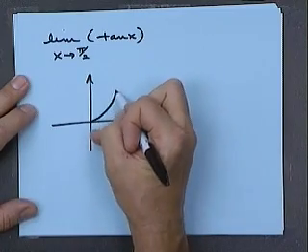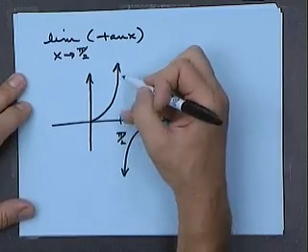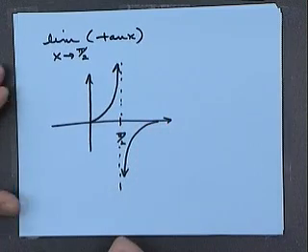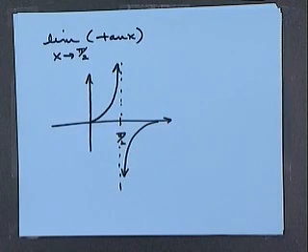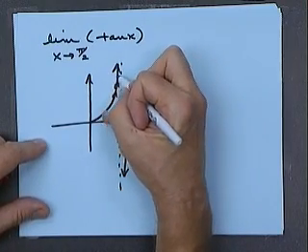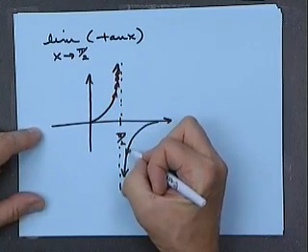We know the tangent function does something like this because it's undefined at pi over 2. So I'm just going to leave it alone the first time through. If we allow x to get closer and closer to pi over 2, so we're going from both sides. As we come in from this side, what's happening to the y values? Toward positive infinity. As we close in on pi over 2 from this side,